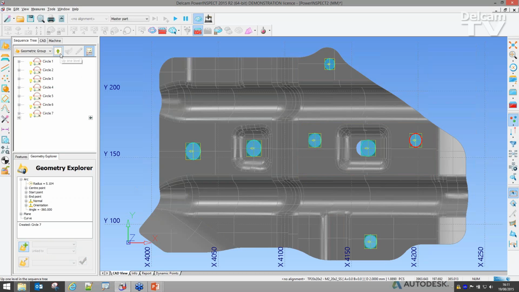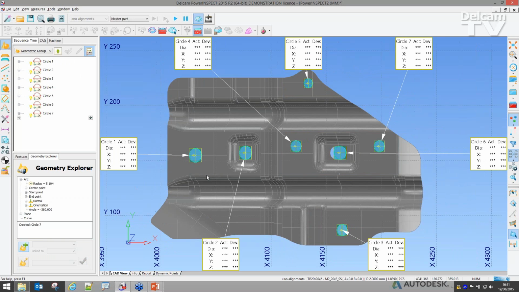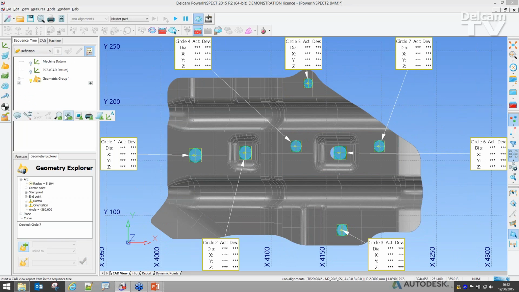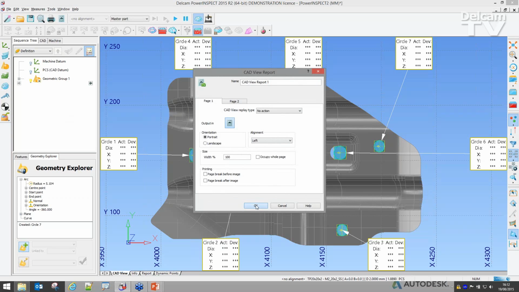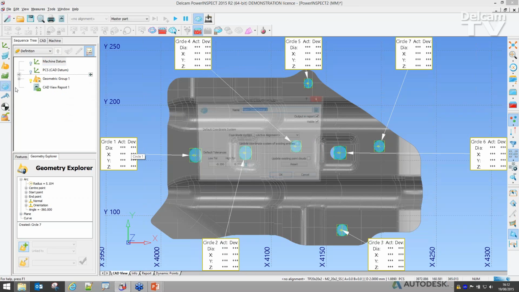Right, so once we've got those, we're going to turn on our labels just to show that we have none of these items evaluated yet. I'm quite happy with that. We're going to jump back up to our definition level and go ahead and create a CAD view report. Now it's very important at this point that the user would actually jump in and scan